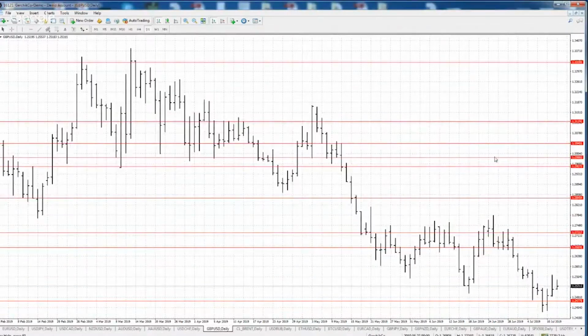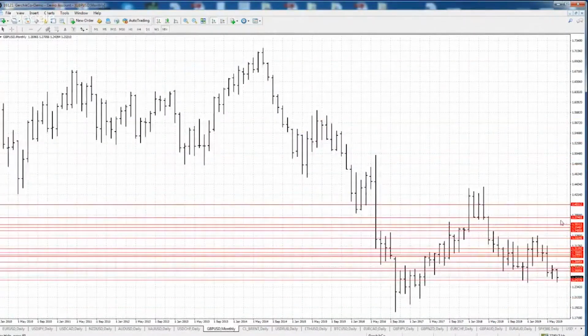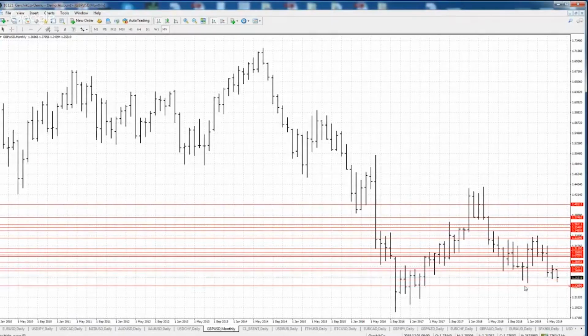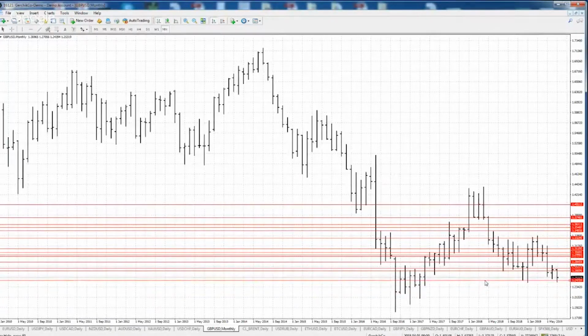In a few different examples, I'll show you British pound. Take a look. This level, it came from before. You see, this is a monthly chart. There was a low of September 2018. Why? Because from that point, after that, it will start to go up. So this level right here, I'll draw correctly, and you'll see. Okay, right here. The low of this bar,